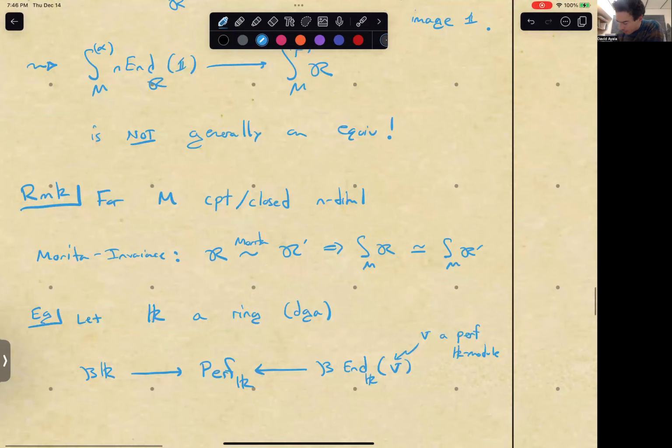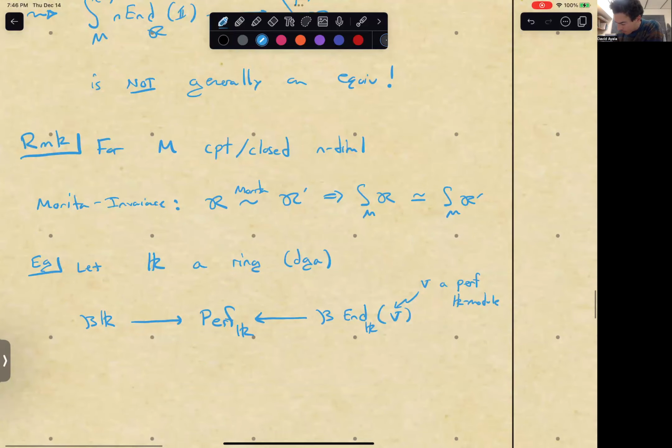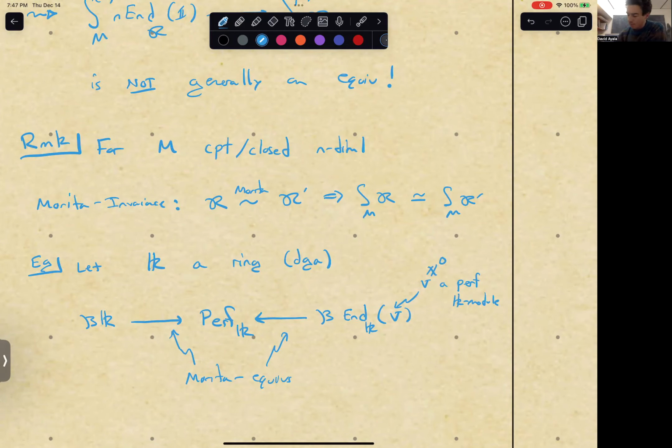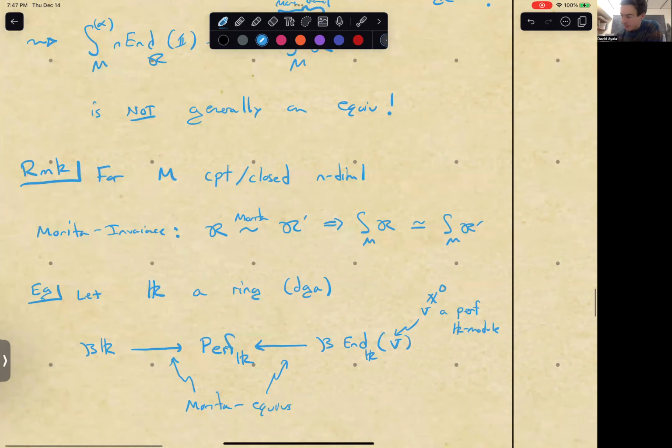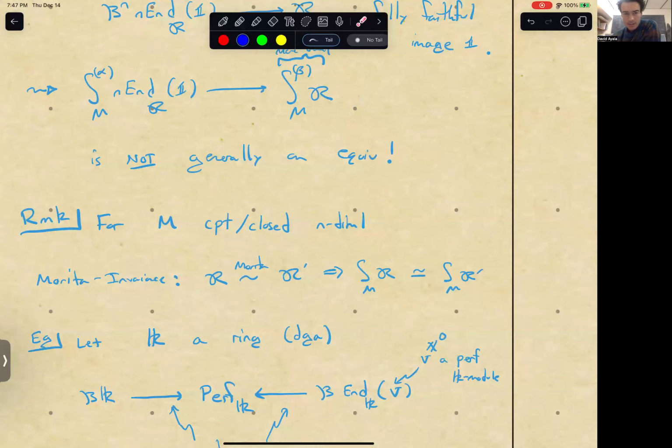And both of these are Morita equivalences. And that means factorization homology of all of these things are indistinguishable. And I should have said this is non-zero of a K module. So if R is not necessarily equal to the n endomorphisms of its unit, but it's Morita equivalent to it, for instance, if